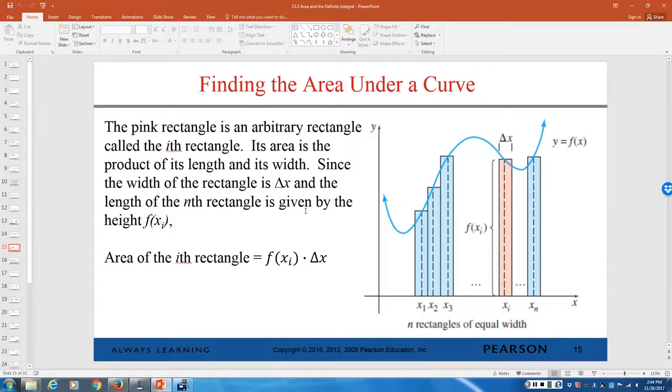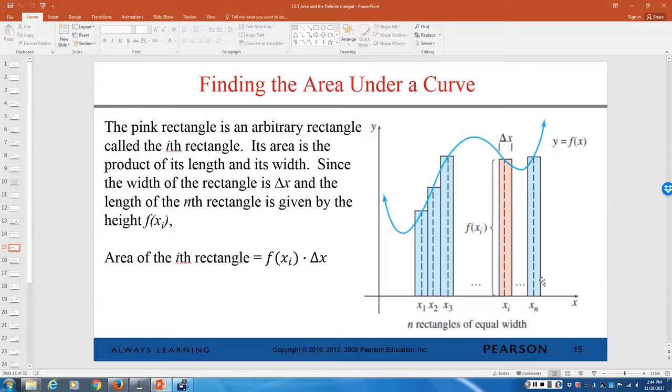And that basically is how we're going to find area under a curve: we're going to let the width of those little rectangles approach 0. It can't be 0 because then you don't have a rectangle, you have a line. But if I let it get as small as I possibly can, let it approach 0, I'm going to get